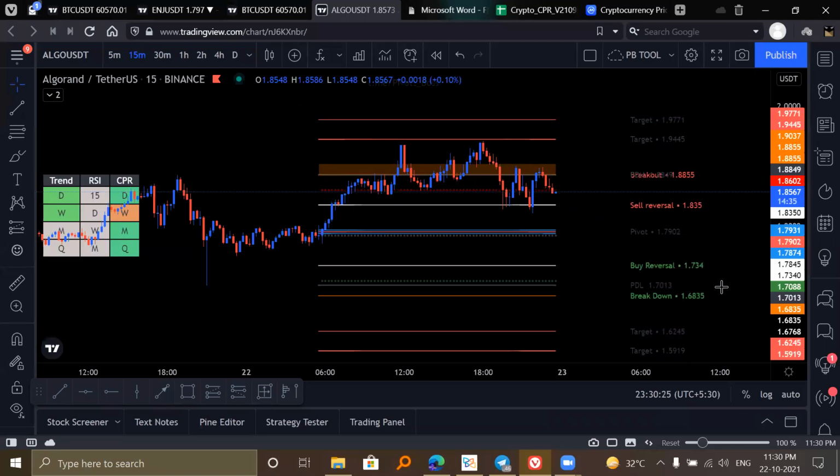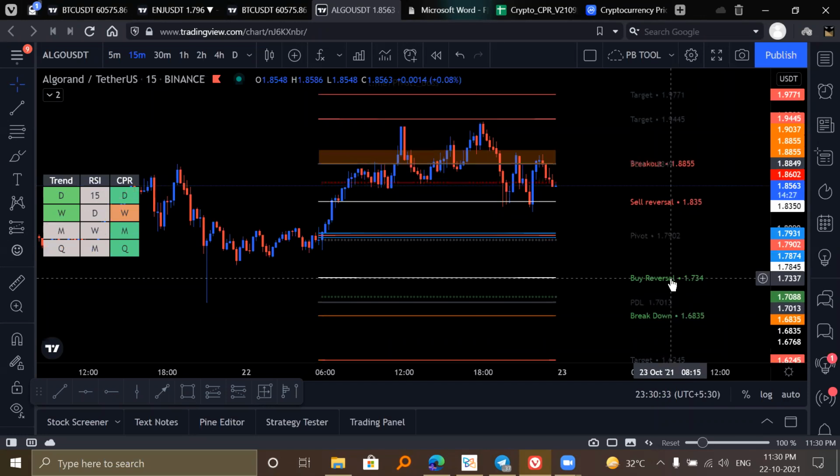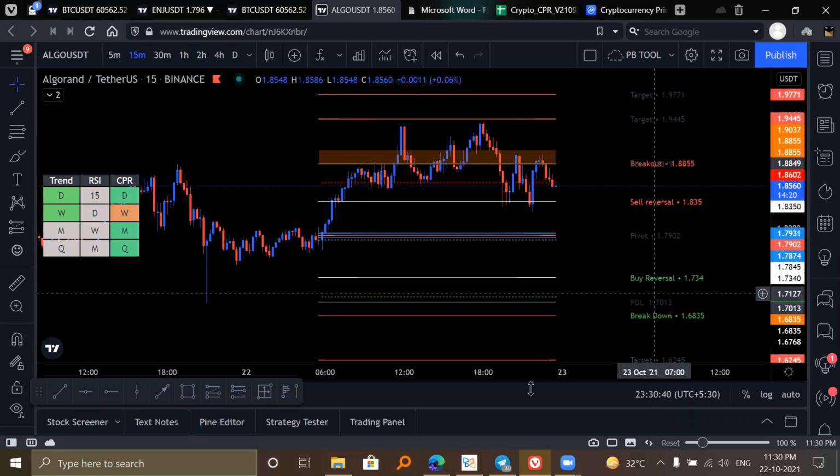So your camarilla levels have just been turned into a label, and that label is actually the characteristic, or you can say the use, of that particular camarilla level. When we say H3, it is a reversal camarilla level, so it has been named a sell reversal because H3 is a resistance level. So technically, we would sell that reversal,